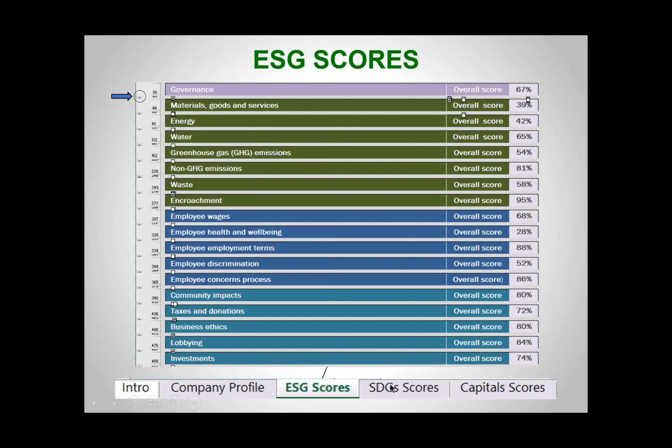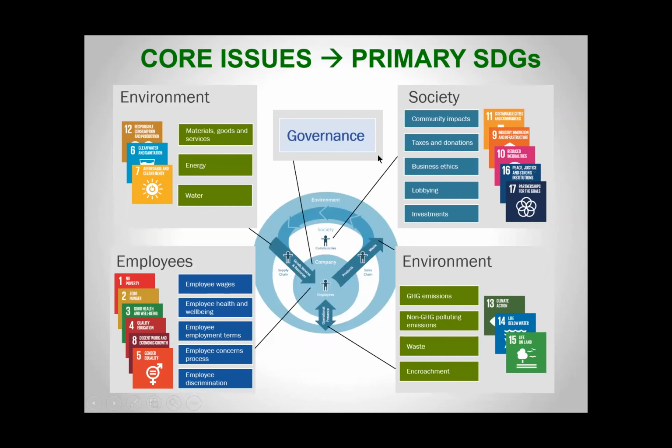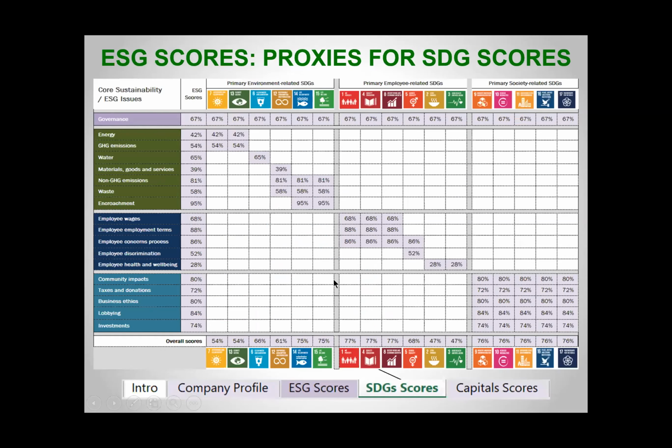So let me just show you how that works. Remember before I showed that you can align these factors with the SDGs like this? So what the spreadsheet does is it takes all of the answers from the ESG scores sheet, just copies them in. So this is the magic of Excel. Notice that these are all pink or light purple. You don't have to fill these in. They're automatically filled in by Excel as a byproduct of your completion of the ESG scores worksheet.